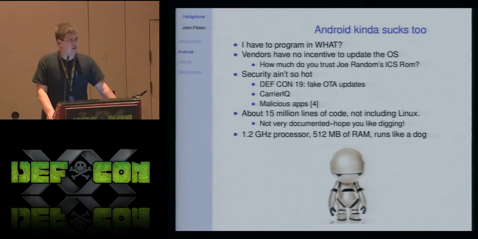And then from the point of view of security, you say, well, maybe we should audit it, or take a look at it, or strip it down to make it a simpler base that we can secure better. But then you realize that there's 15 million lines of code just in Android. This doesn't include the Linux kernel. There's another 15 million lines of code in the Linux kernel.